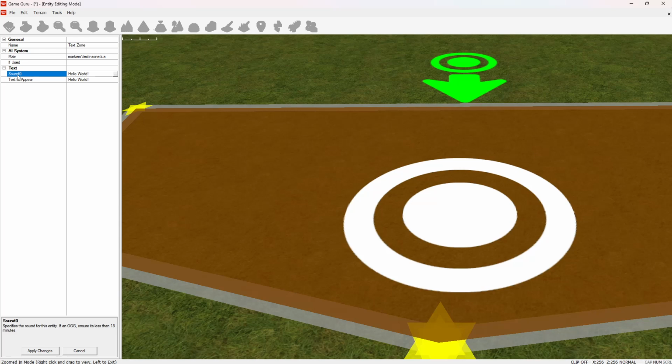specify the sound for this entry, and in here it says enter text to appear in level. Well, I found that you can enter whatever you want here. It doesn't work. You've got to enter it in the sound. I don't know if that's a bug or something, but anyway,